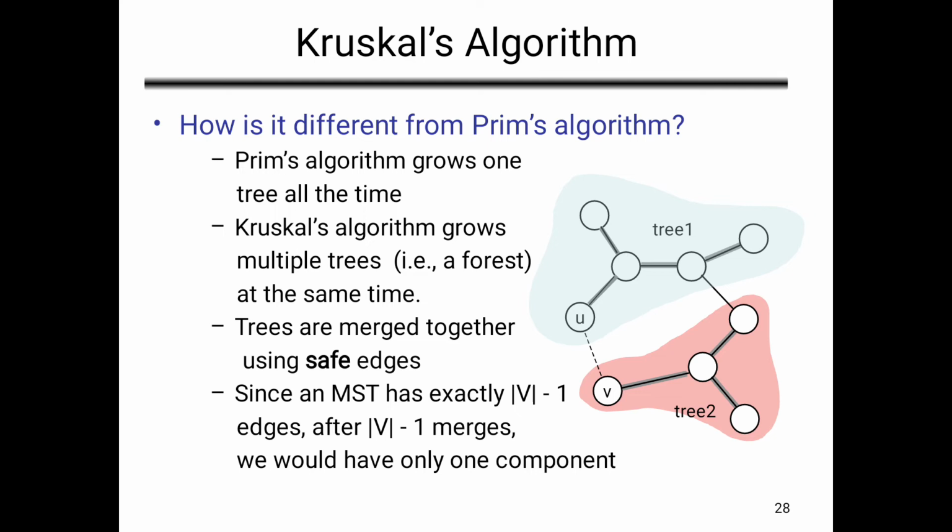Prim's algorithm grows one tree, but Kruskal's algorithm grows on multiple trees. This is the main difference between Prim's and Kruskal's algorithms. In most of the old question papers I have referred to, they are asking in 2 marks questions what is the main difference between the Prim's and Kruskal's algorithm.